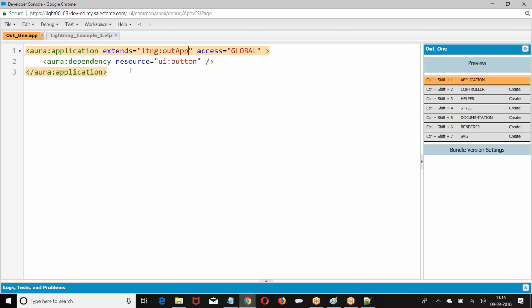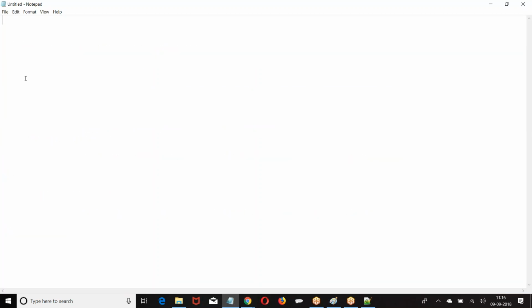Shall we try one example? Okay. So create a component. Standard component only we will try. Use the standard component, lightning input text. Lightning input. Take the standard component only, take lightning input. Everyone create an application, create a lightning application which has a dependency of resource. Okay, otherwise I'll do one thing. Just 1 minute pause. So let us do it this way.